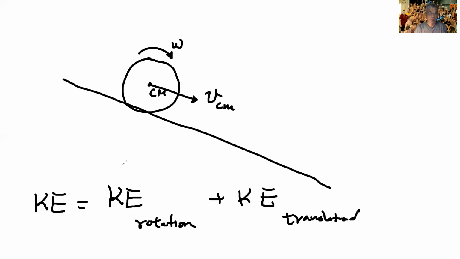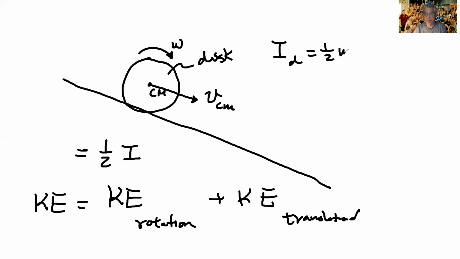Okay? So then this rotation here will be 1/2 I omega squared. Let's say this is a disk. Okay? So then with I, right? This I for the disk will be 1/2 m r squared, right? And this will be your R, and this mass will be m, and this is a solid disk, for example, right? So that'll be 1/2 I omega squared, right? And then plus the translation. This translation is coming from